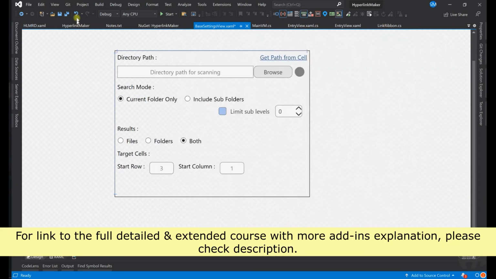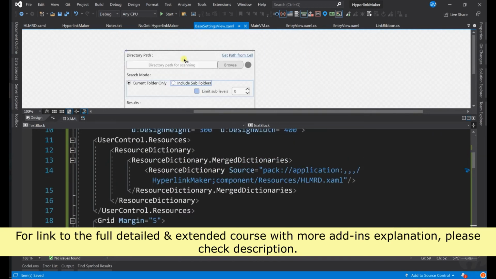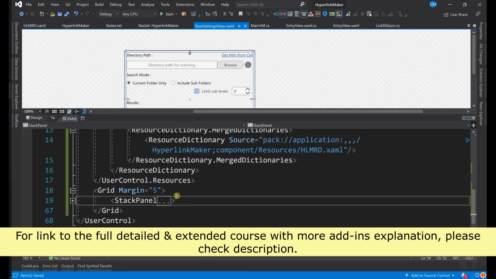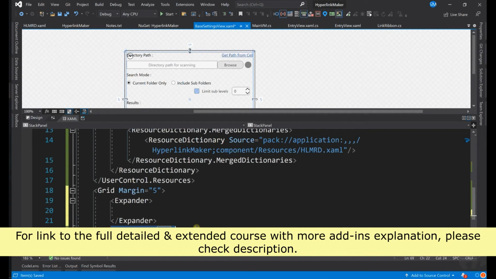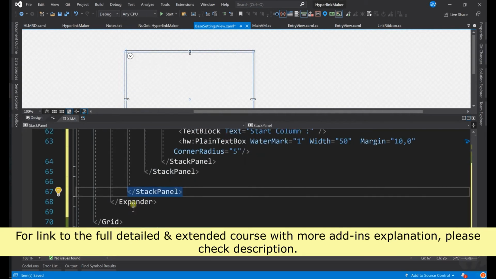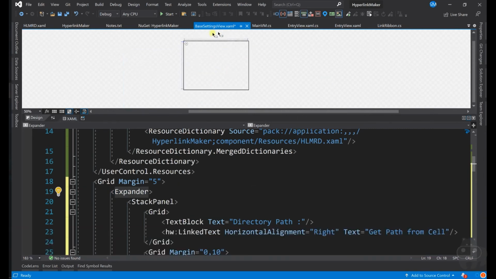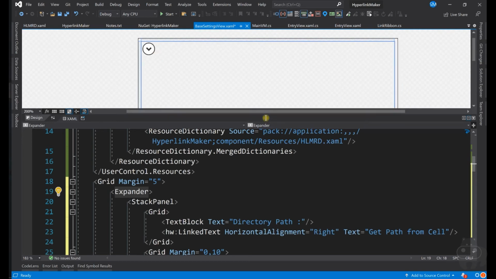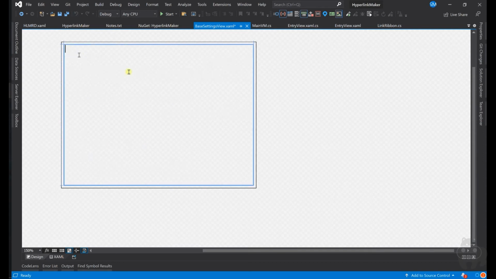That's also fine. Now, before doing anything, I want to do one more thing, which is put everything we did now inside an expander. So there is a default WPF expander, which I will call expander, and put this inside the expander. Now you see this is the expander. So when you press the button, yeah, it's still there. So this is the kind of expander. Let us minimize this. So you press the button, you see. Press the button, you don't see.